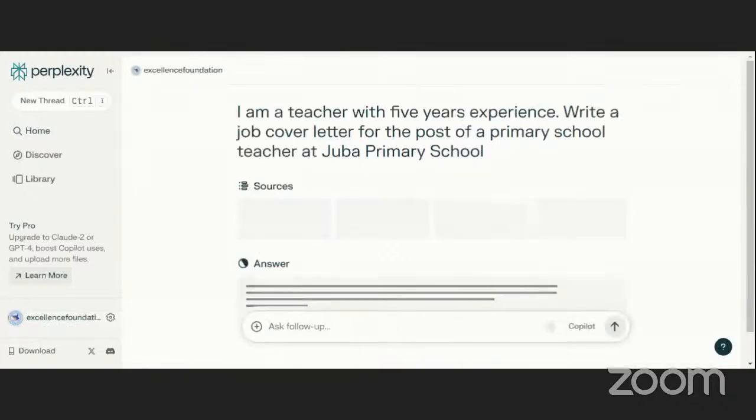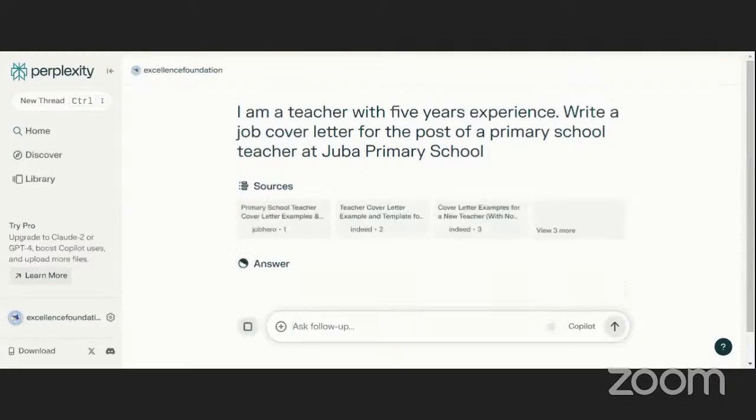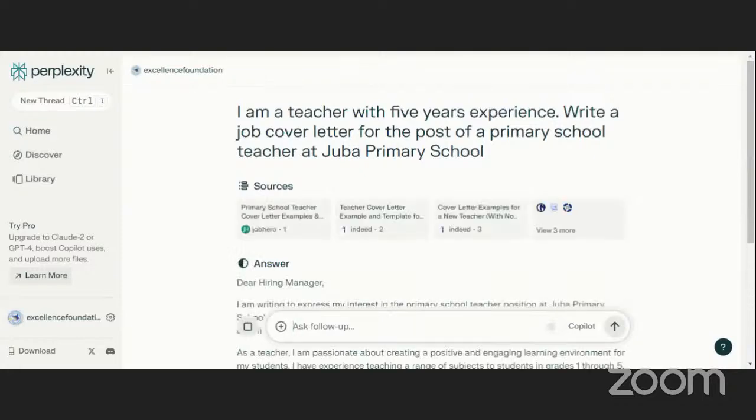Then you can wait. So you see, this is the application they will write.